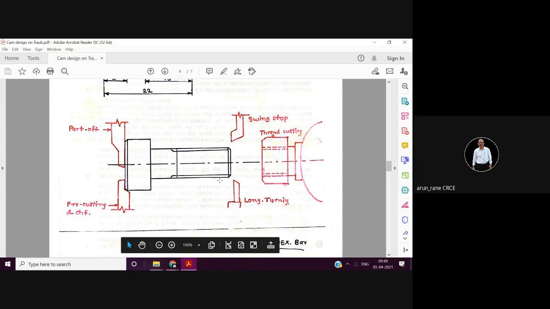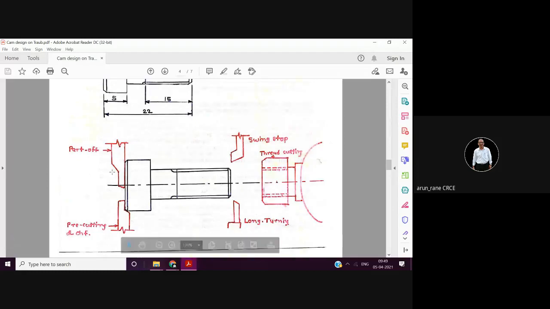Now moment this turning starts, as I told, you can start with the pre-cutting and chamfering. See, now pre-cutting or pre-parting, you can mount that tool here or here, anywhere, it's not necessary that the parting tool has to be here and this tool there. Longitudinal turning has started. At the same time we have started pre-parting and chamfering also. Chamfering means this chamfer, okay. On the back side, here is your collet, and this thickness is 3 mm, not more than 3 mm.